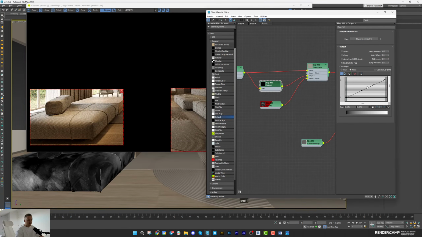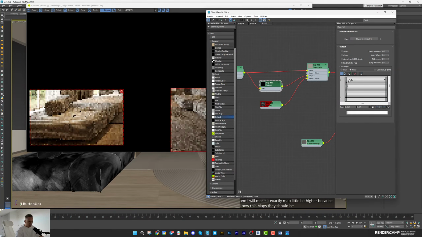And I will make exactly this map a little bit higher, because I know these maps, they should be